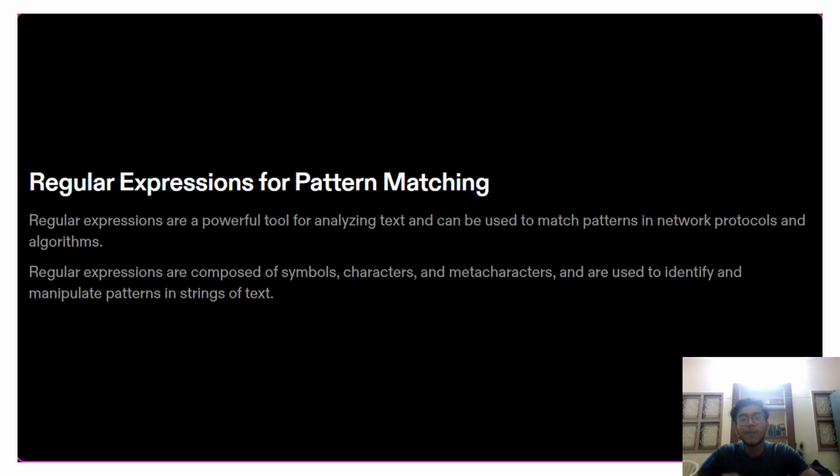The regular expressions for pattern matching. A finite automaton can recognize patterns in strings of characters. Regular expressions can be translated into finite automata to perform matching efficiently. Finite automata work by processing one character at a time and transitioning between states based on the current input. They can recognize a wide range of patterns, including simple ones like sequences of characters to more complex ones like